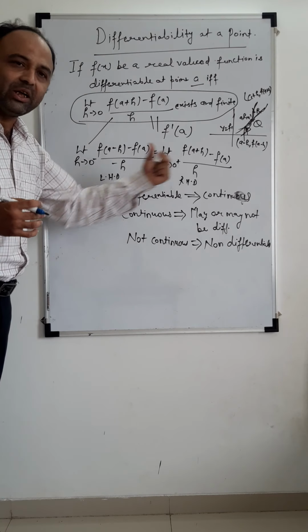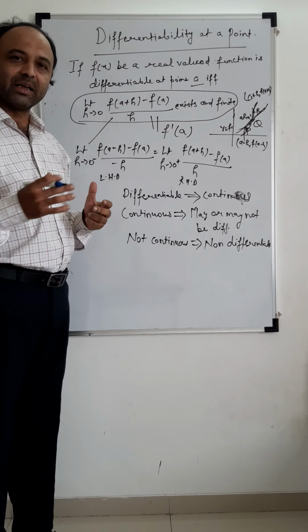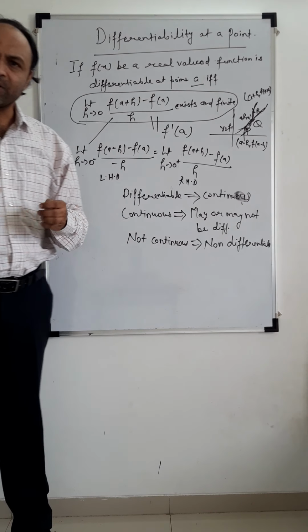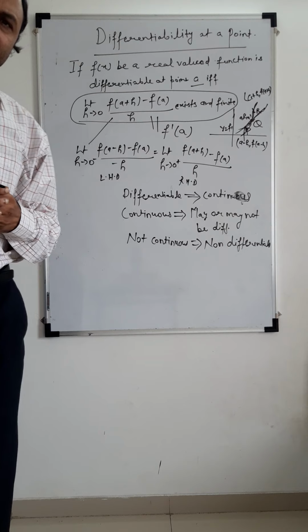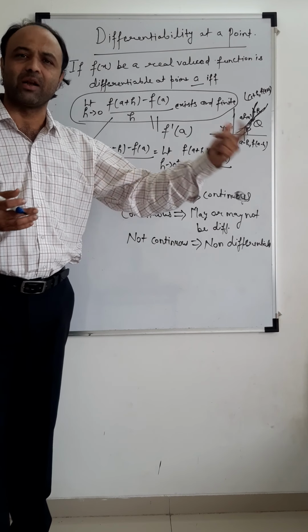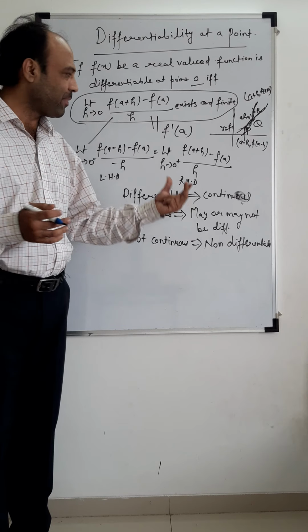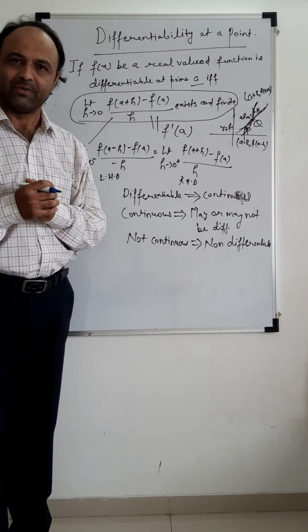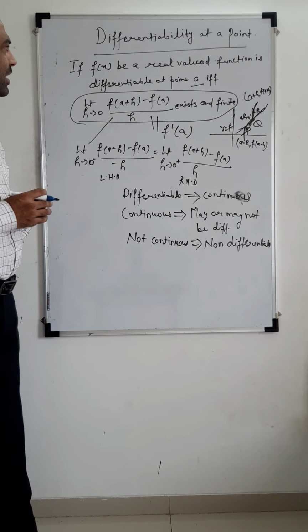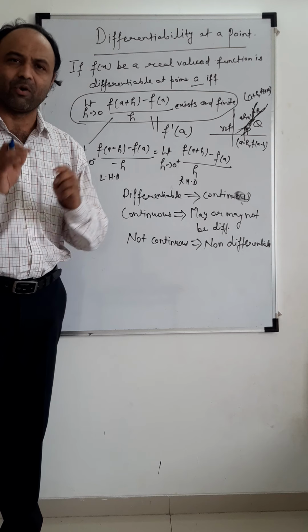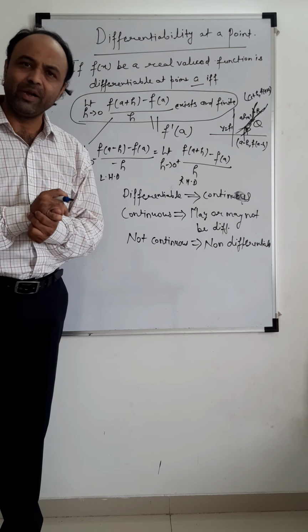So both are equal, then we can say the function is differentiable at a point A. Fine. So it's just like continuity, where you had to make the left hand limit, right hand limit and the functional value equal. Here we have to equate the left hand derivative and right hand derivative. Fine. So differentiability at a point, when we have to check for any function, what we have to do